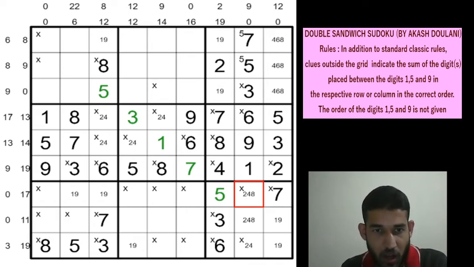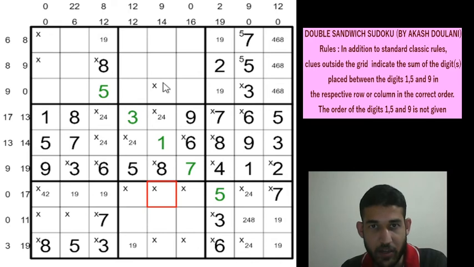Okay, so along row 7 we have 17 between these 3 cells. So 17 plus 5 is 22, plus 7 is 29, and then we have 10 here, so 39. So row 7 column 1 and row 7 column 8 will add up to a 6, right? 17 plus 10, 27, 32 plus 7 is 39. So this is a 2 and 4, and this will be a 4 and 2, right? 2 plus 4 will add up to 6, and that gives the 45 total.